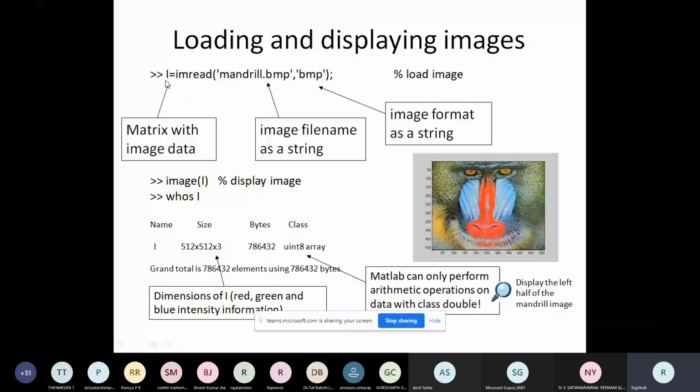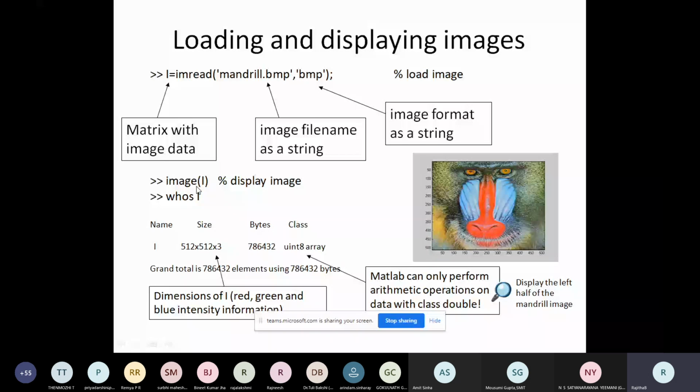Let's say we have a color image here. This is the one which we are reading. By looking at it, it is clear that it is a color image, so that means I will have three components, R, G, and B. So you can see here I have image I, in the sense, to display.